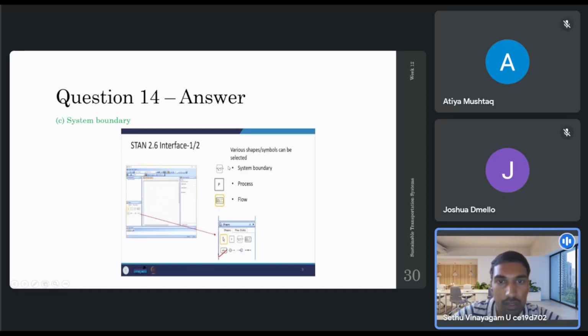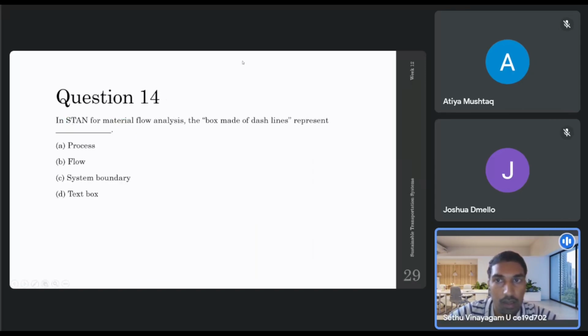Here, this dashed line is what we are looking at. This is used to represent a system boundary. The system boundary will define the system for us. Everything that comes into the system will be the input, everything that leaves this boundary would be the output, and whatever is staying in will be the stock within the system. So the boundary defines the edges of the system, and in STAN that is represented using the box with a dashed line. So the question was about the symbol that